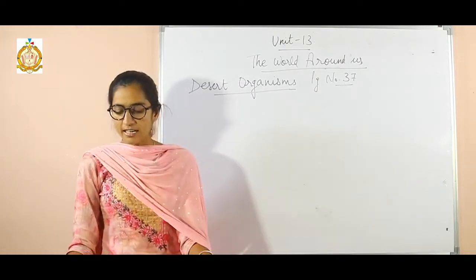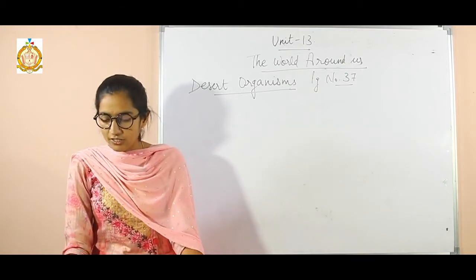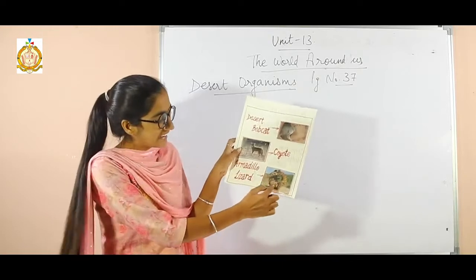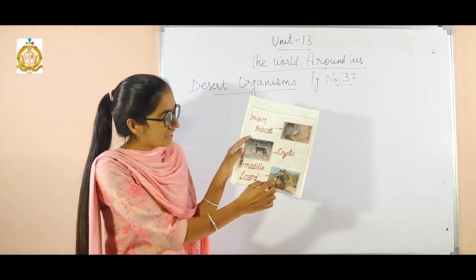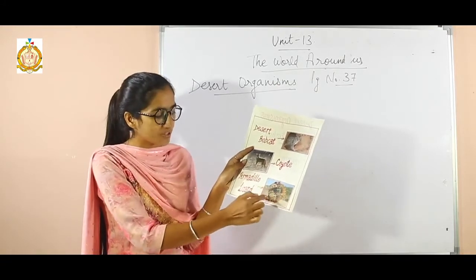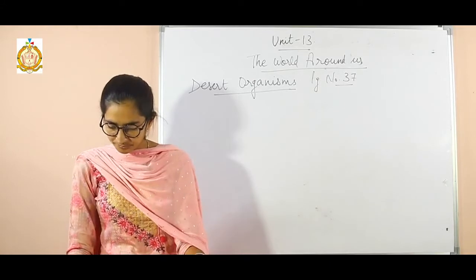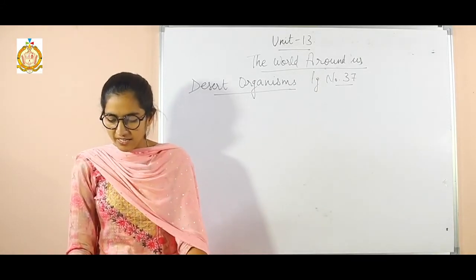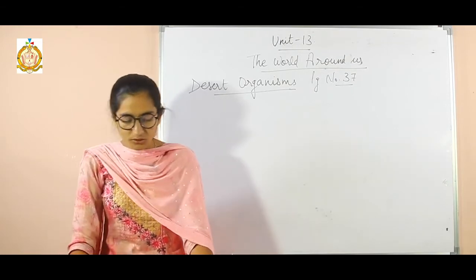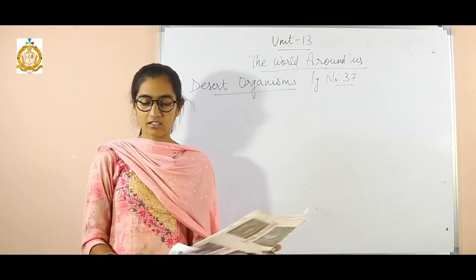Next one is the armadillo lizard. When threatened, the animal adopts a curious defensive posture. Here you can see that it creates a defensive posture to protect itself, presenting a spiny ring to predators and protecting the softer, vulnerable belly area. So it is an armadillo lizard. This is all about the desert organisms.